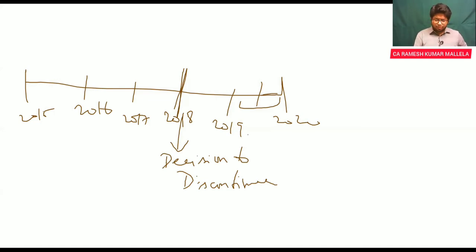Okay. In March 2018, you have taken that call that you are not going to continue with this line of business, or you have decided not to use these particular assets. That is the balance sheet, or that is the financial statement in which you are supposed to disclose these assets as held for sale or discontinued operations. Clear? So this is what the standard talks about in toto about discontinued operations or non-current assets held for sale. Okay. So this is sufficient for you for understanding.